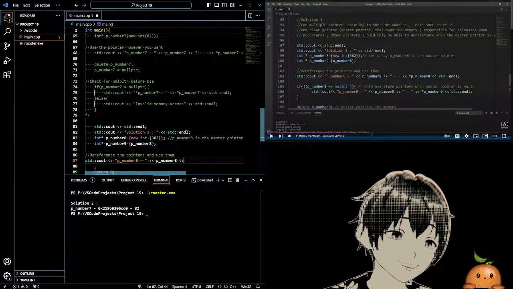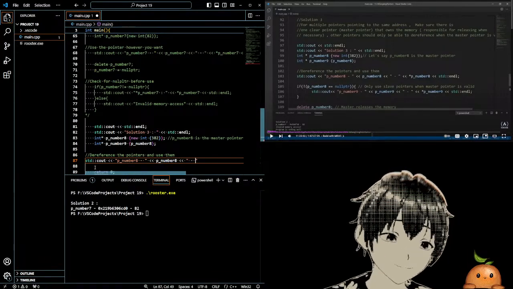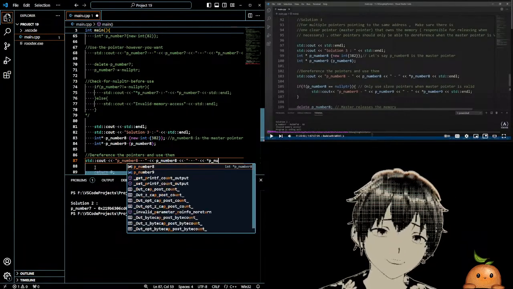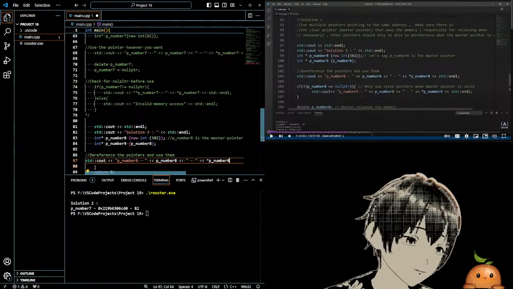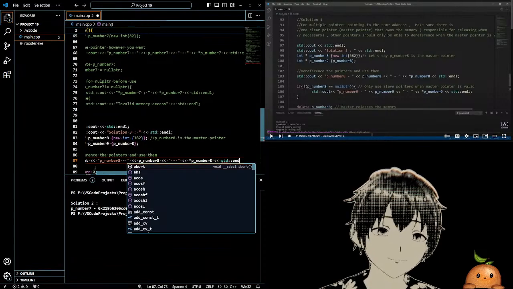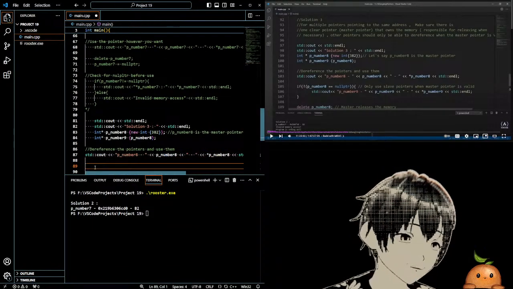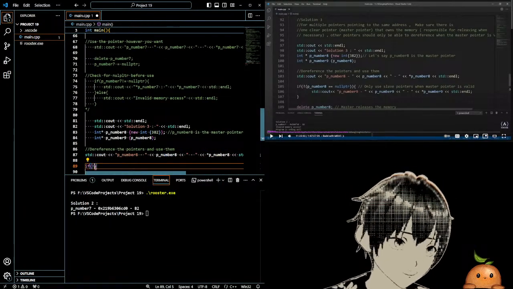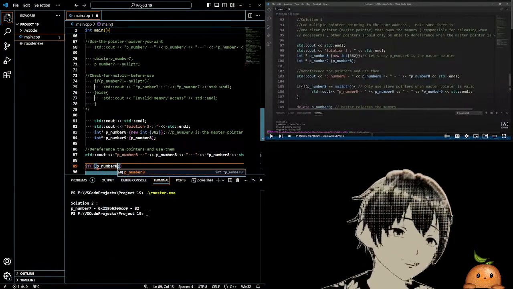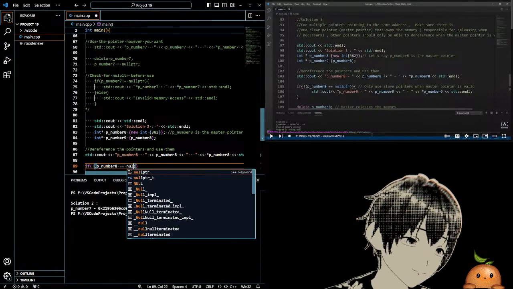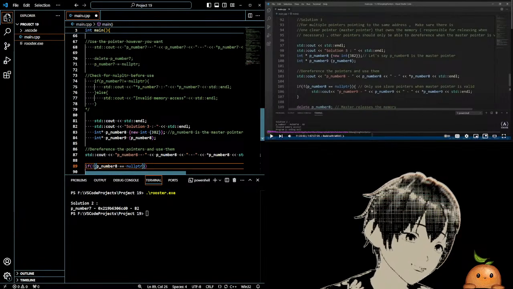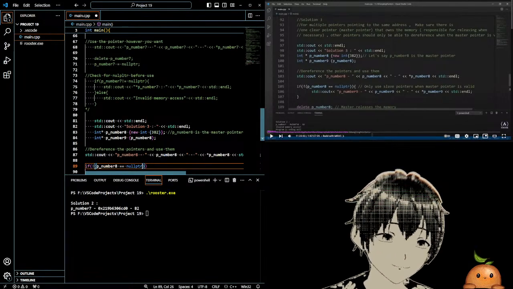And then the dereference, I should say, should print the number 382. And then it's if, okay, this is pretty long. If P number 8 is not a null pointer,